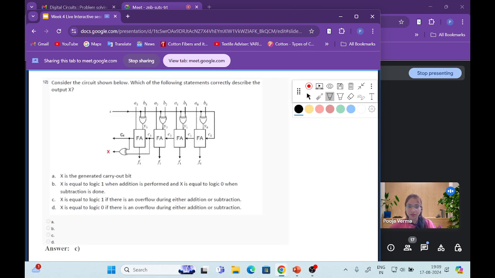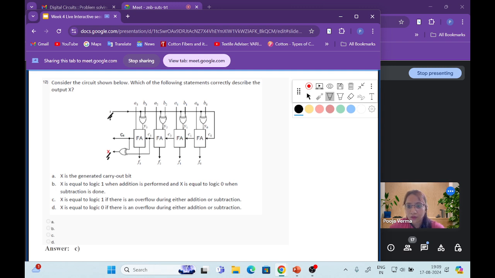So moving to the next question. Consider the circuit shown below. Which of the following statements correctly describes the output X? So from the figure we can see that four full adders are connected in series, and there is one